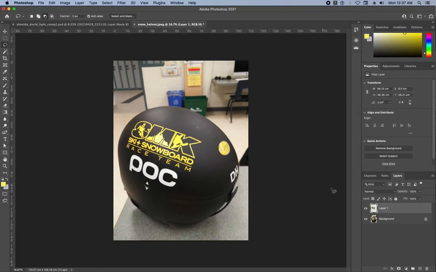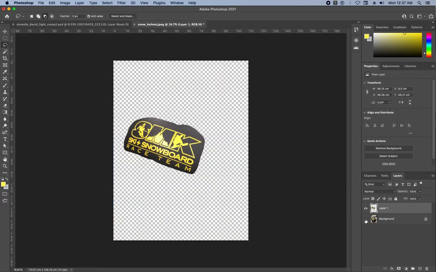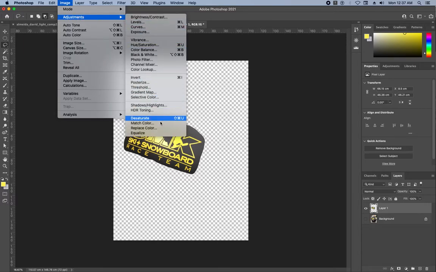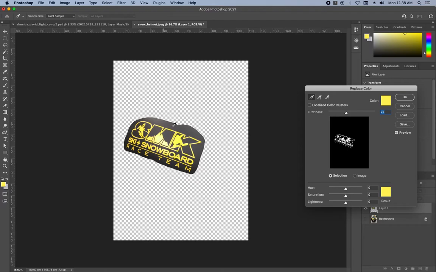So here it is. I have two layers. I have the original and I have the masked area. So I'm just going to hide this for a second and just focus on the duplicate area that I've put on here. And I'm just going to show you a quick, fast way of replacing colors. So with the layer selected, go to Image, Adjustment, and Replace Color. And what I'm going to do here,